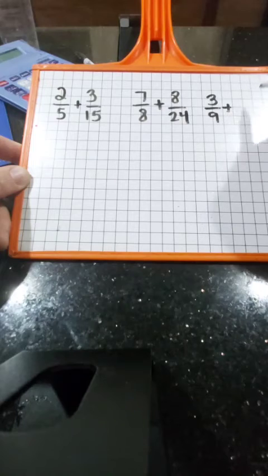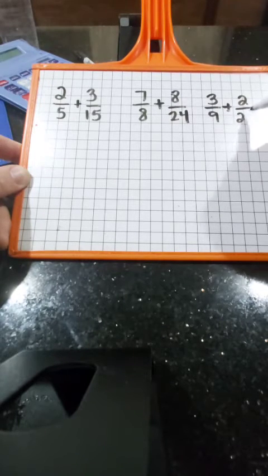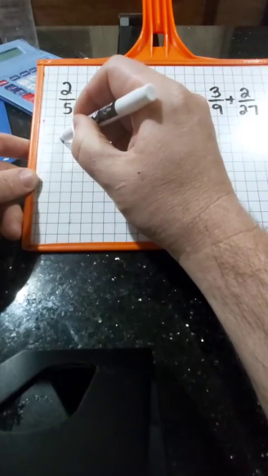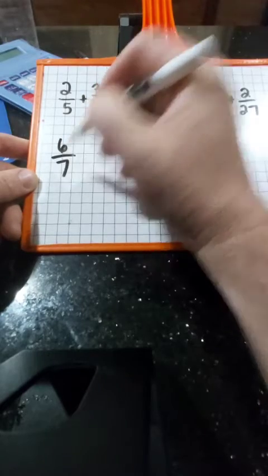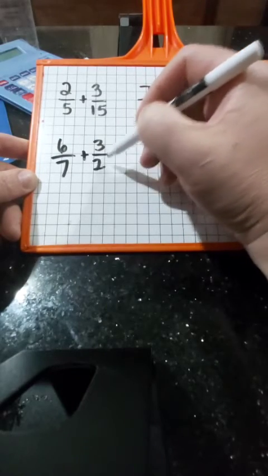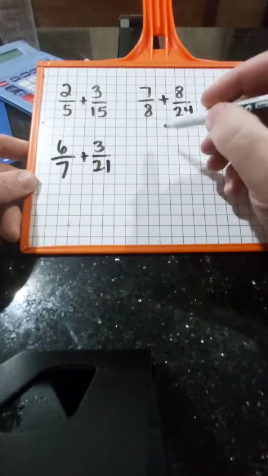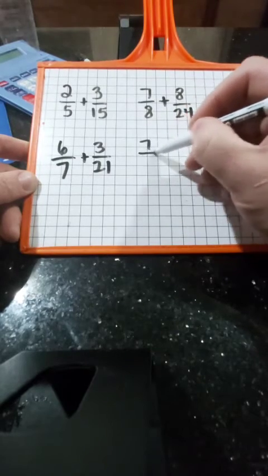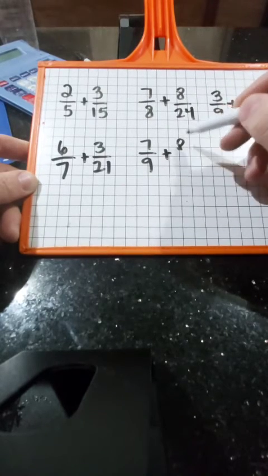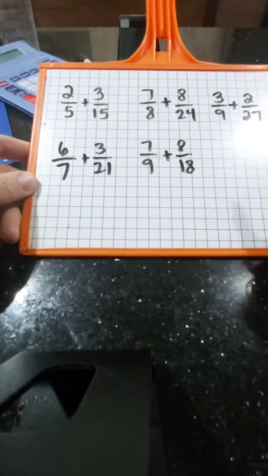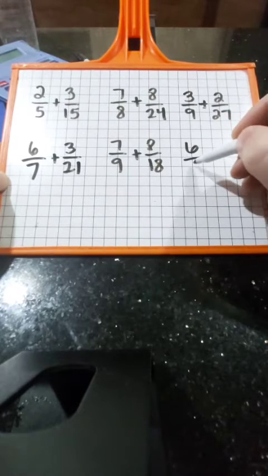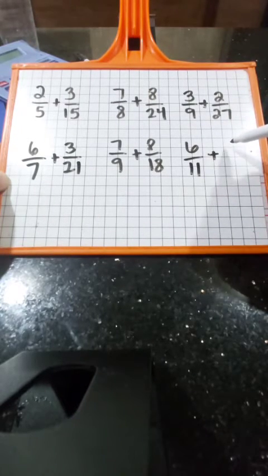Okay, number 3 is going to be 3/9 plus 2/27. All right, number 4 is going to be 6/7 plus 3/21. Okay, and number 5 is going to be 7/9 plus 8/18. And our last problem will be 6/11 plus